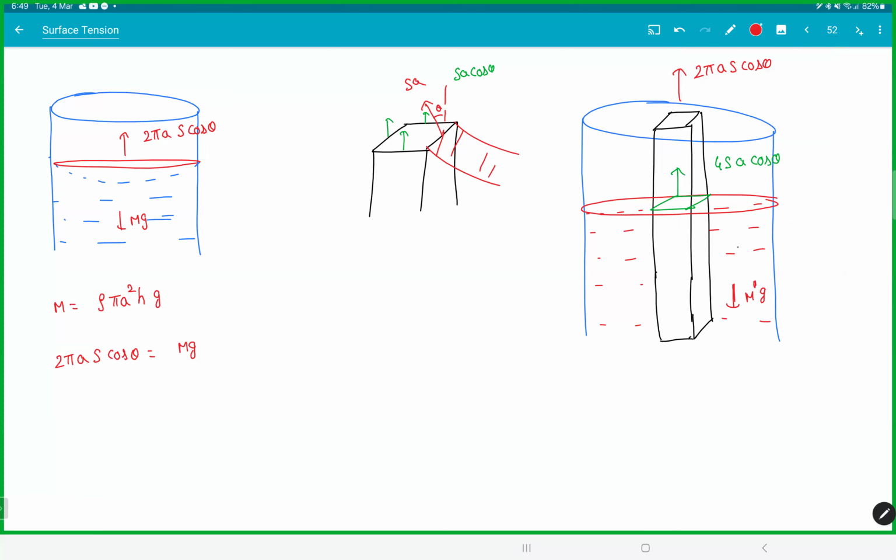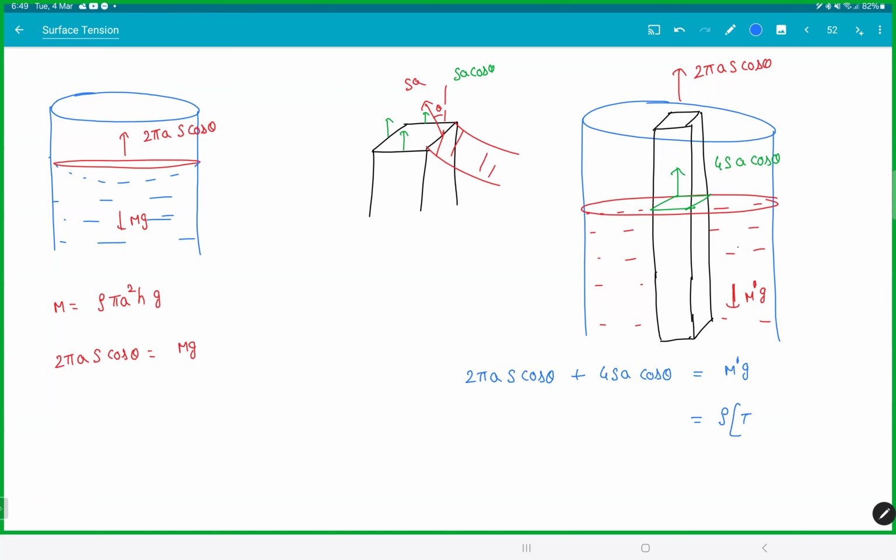The square rod is also giving up force. So now this will be 2 pi a S cos theta, that is the surface tension due to that. 4 SA cos theta is equal to m dash g. But now you have to be careful here. So this m dash g is what exactly? This m dash g is density